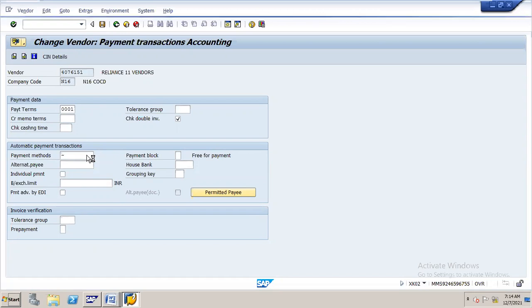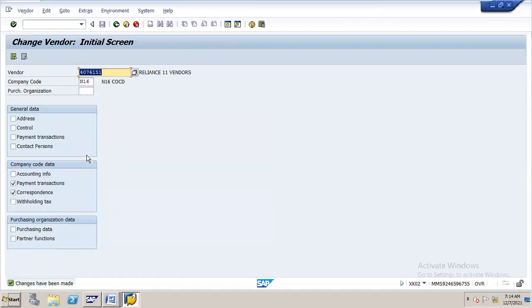Then I have to create the sequential check lots. This is just for testing purposes. Previously I created a non-sequential one, but when you are running the APP program, there should be sequential check lots.